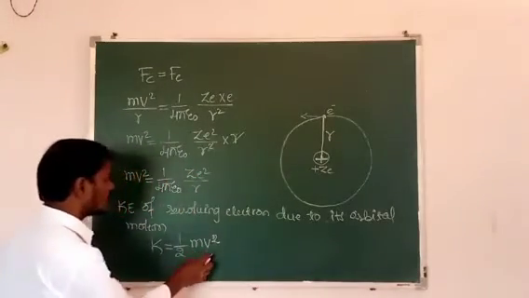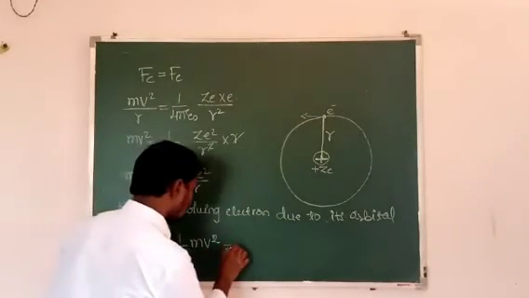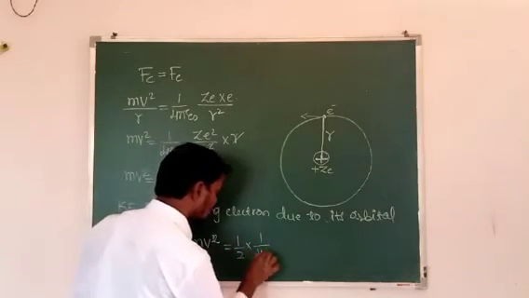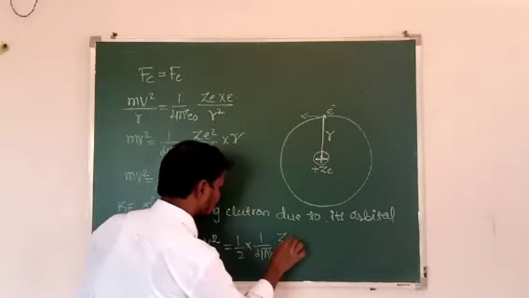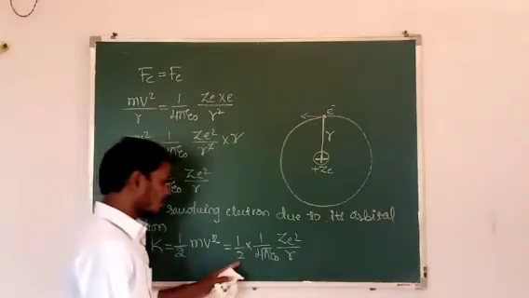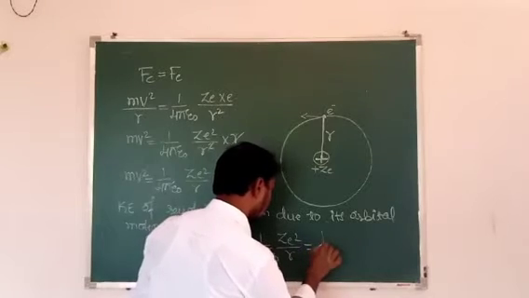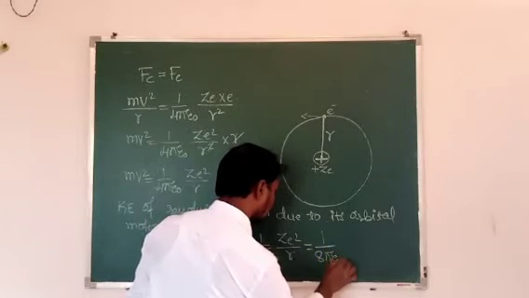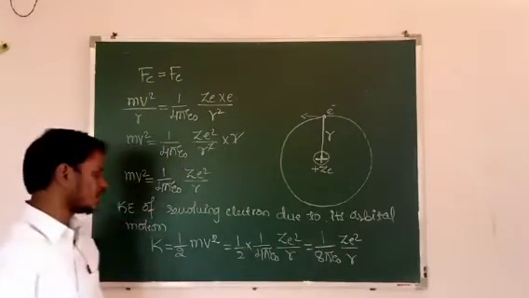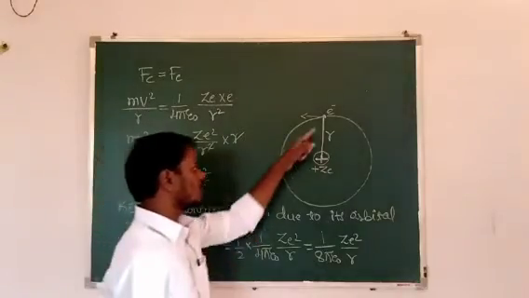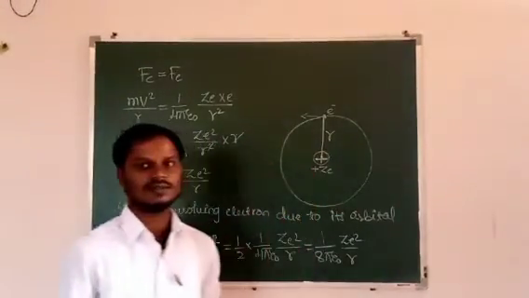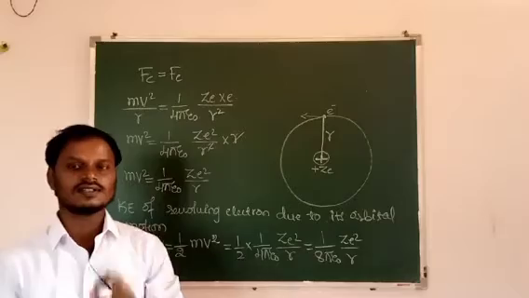Okay. Then what is m into v square from this equation? That is 1 by 2 into, so m v square is nothing but 1 by 4 pi epsilon naught Z e square divided by r. Then 2 into 4, that is 8. Then it is 1 by 8 pi epsilon naught Z e square divided by r. Then this is the expression for the kinetic energy of the revolving electron in the given orbit of the hydrogen atom. So let us assume this orbit is stable. Okay, in this orbit the electron does not radiate energy.